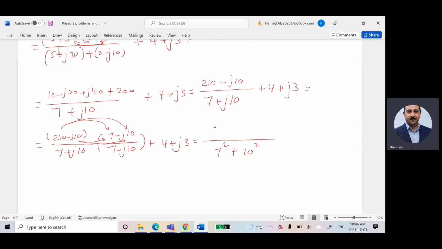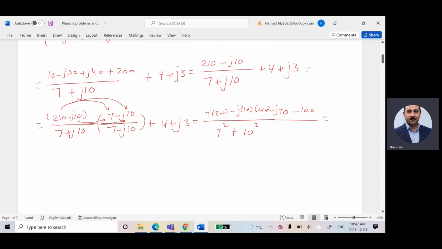If you try to do that, you will have 7 times 210, and you will have 210 times negative j10, so negative j10 multiplied by 210, and then you will have negative j10 multiplied by 7, so I will have negative j70, and then negative j times negative j will be plus j squared, which is negative, and then 10 times 10 will be 100. If you try to simplify this, oh, I forgot to add,